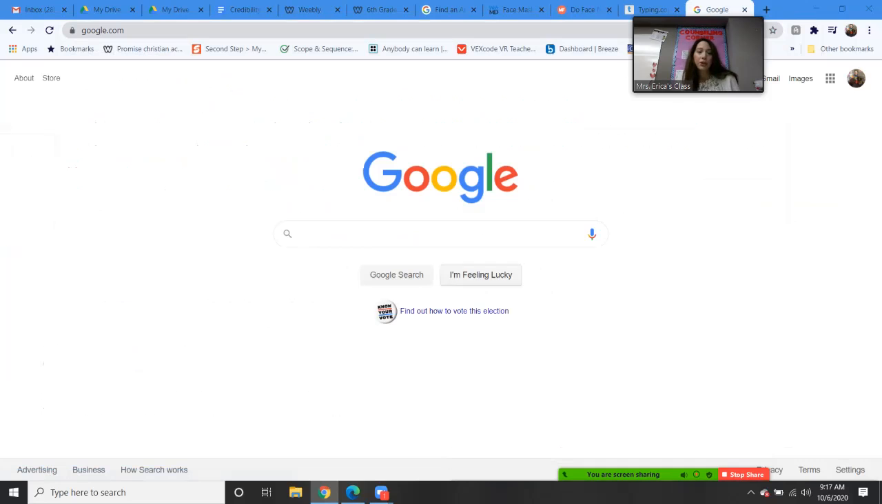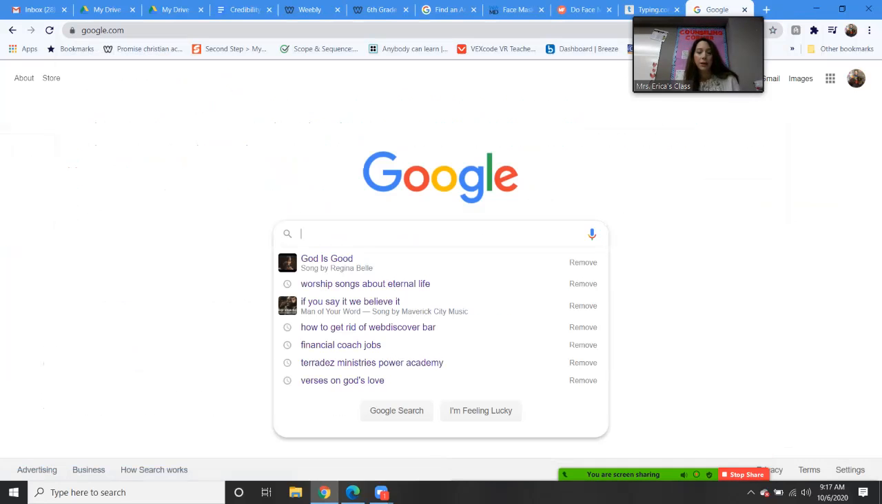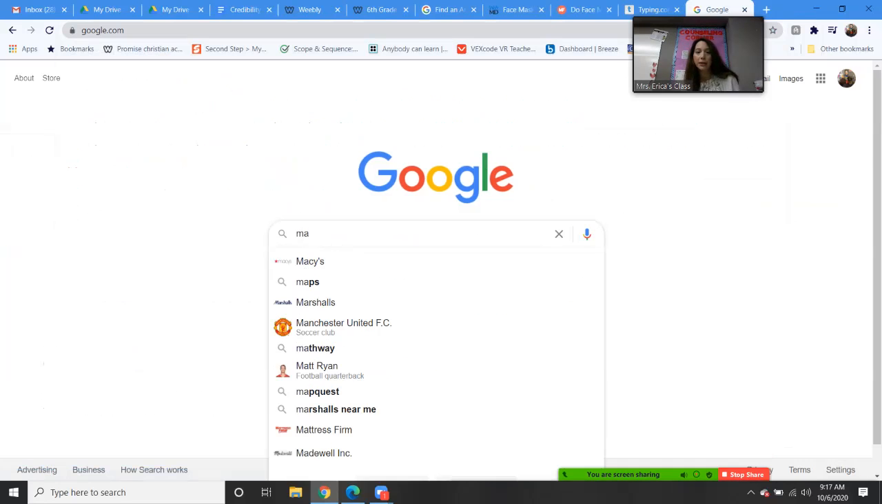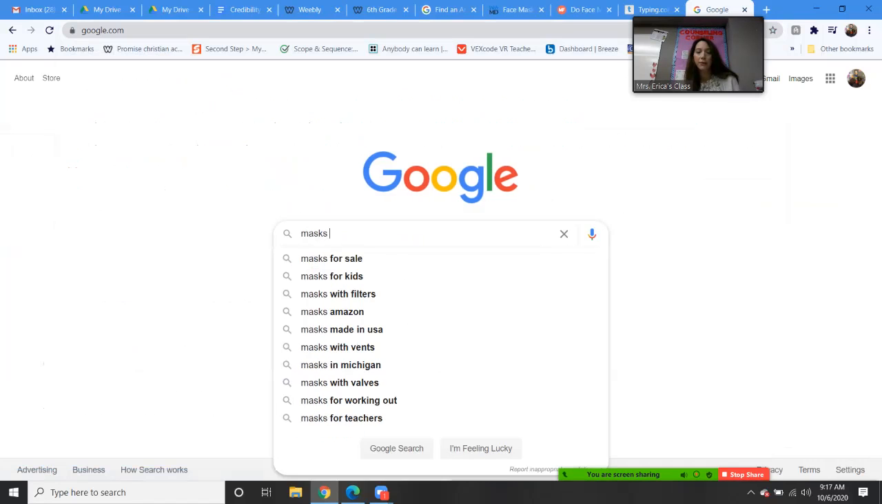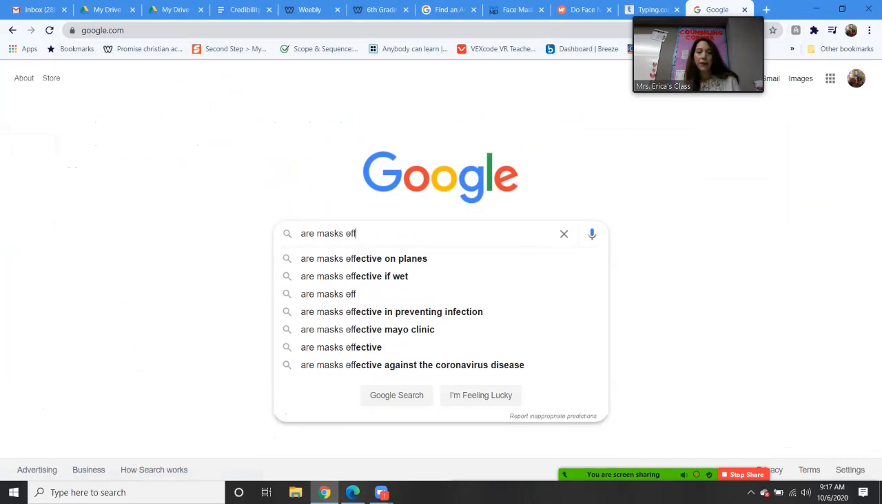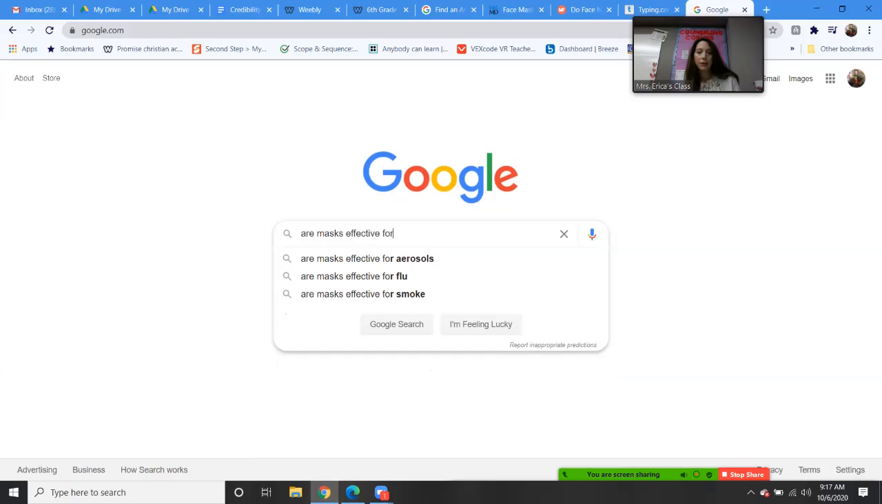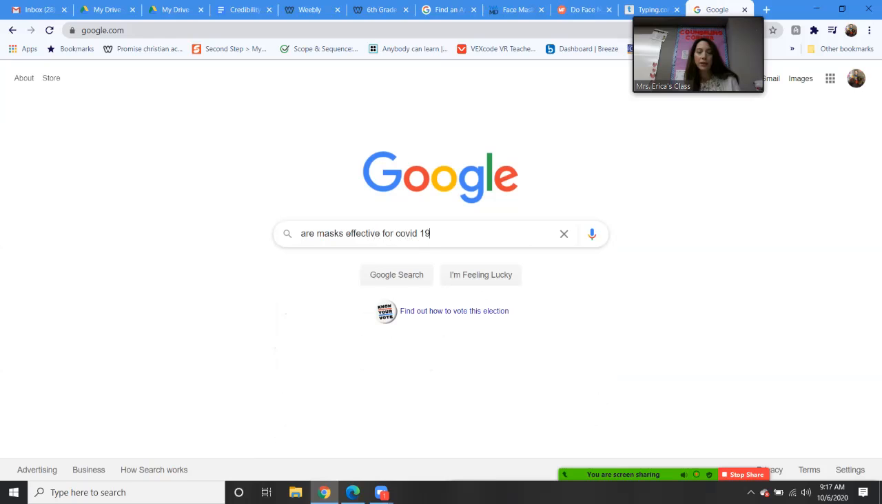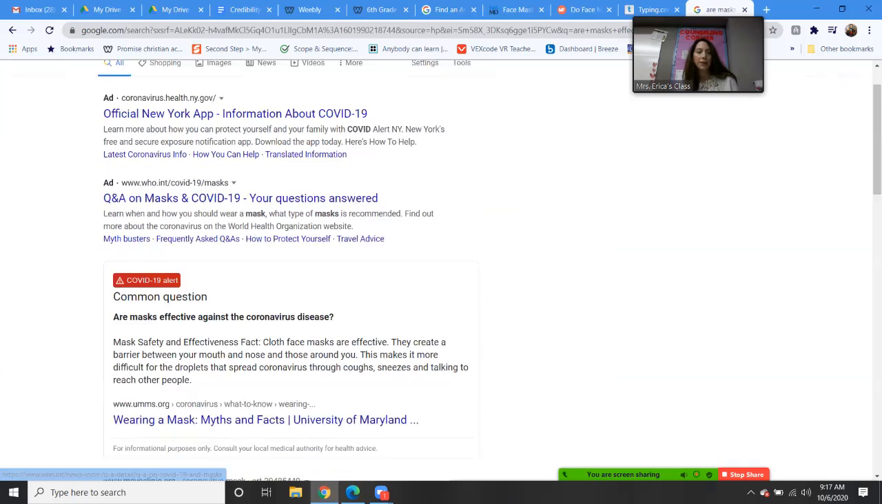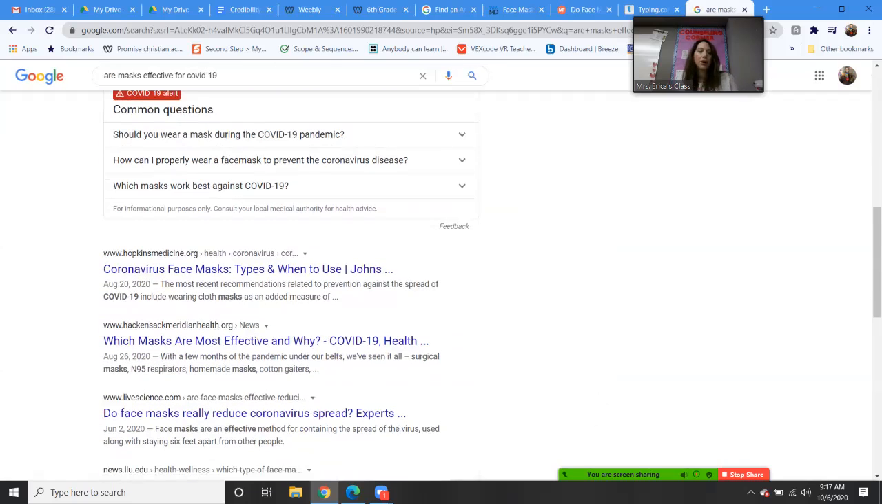Like for example, I'm going to just type in masks, because obviously masks for COVID-19, or maybe actually I'm going to make my question, are masks effective for COVID-19? And then as soon as I type that in, if you start going down, you're going to notice